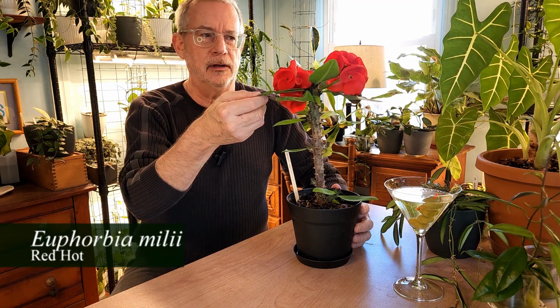The next plant up is something a little different. This is a Euphorbia milii. It's from Madagascar, where it's known as songo songo. And again, I don't speak the native language of Madagascar, so that's as close as I'm going to get. It's sort of a succulent, sort of not. I haven't quite figured it out yet, but I love the contrast of the thick kind of, not terribly thick,